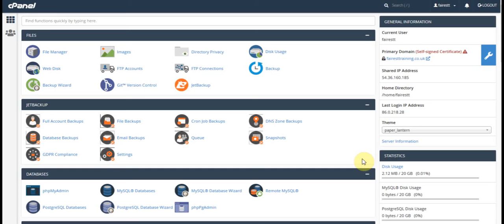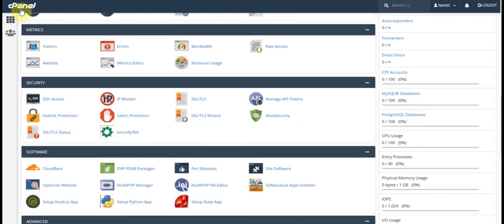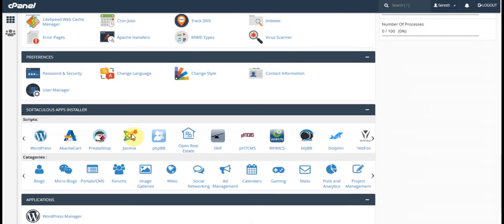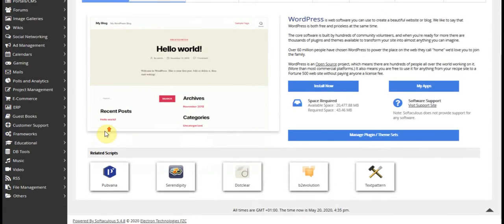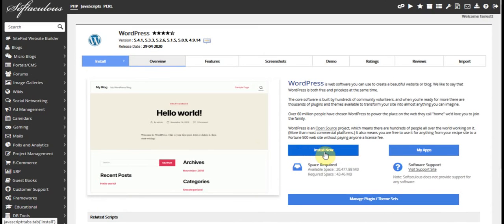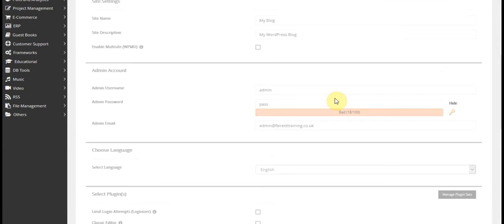a WordPress file into a domain. Our domain is here, and as we scroll down on our cPanel we can see a variety of different options. Now these are different options that you could load into that domain, like Joomla, a shop called PrestaShop. In this instance I'm going to click on there and add the WordPress setup into the system, and I'm going to install a domain,